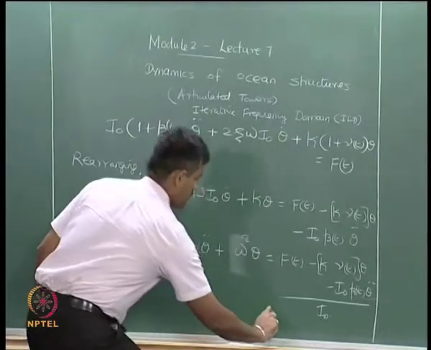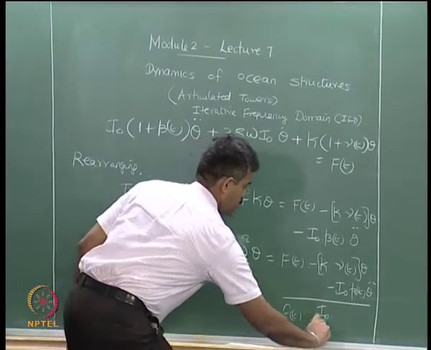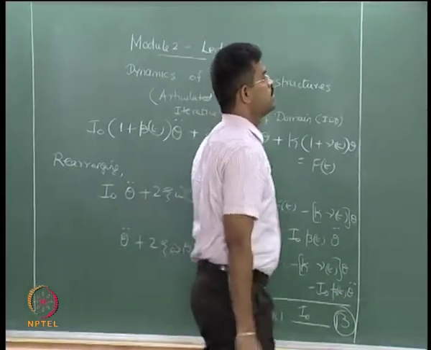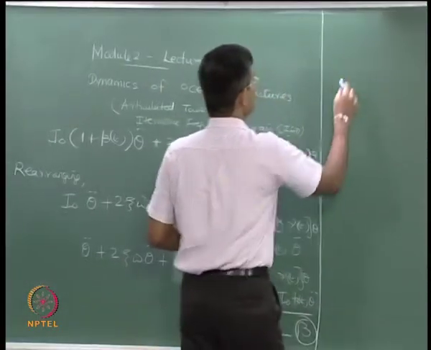So I call this as f of t, which I write as equation number 13. So, in this equation number 13,